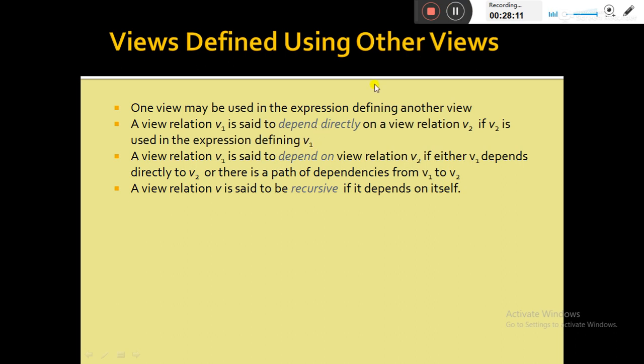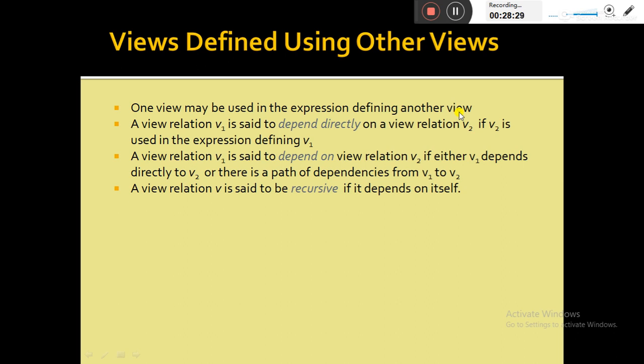The next thing is views defined using other views. That means one view may be used in the expression defining another view. Suppose we have an existing view; with the help of this existing view, we can create another view.